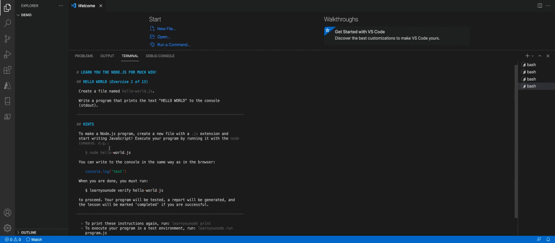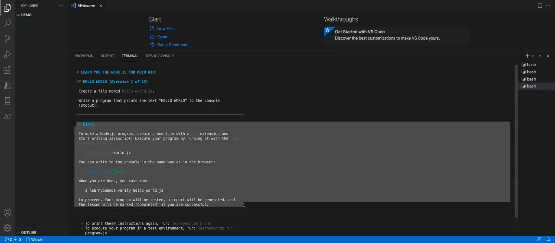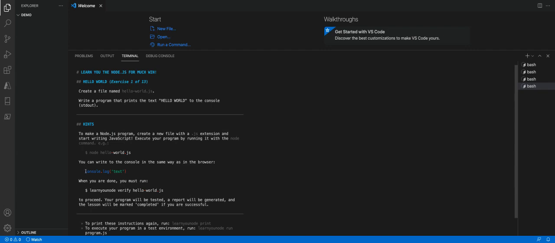If you don't know anything about JavaScript, there are some hints for you to read through, but long story short, to print something on the screen in JavaScript, you can just use console.log and then whatever it is that you want to print. So let's follow the instruction and create a file called hello